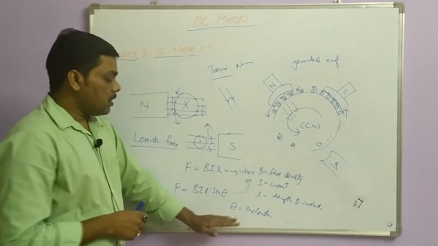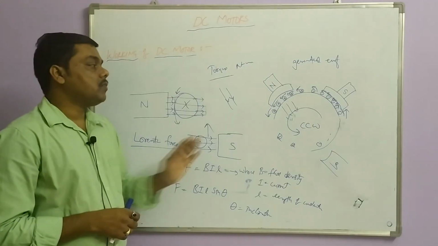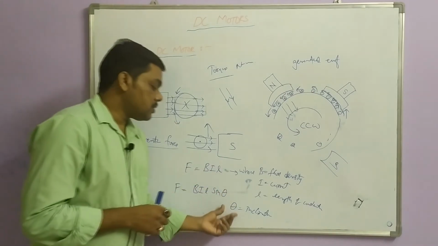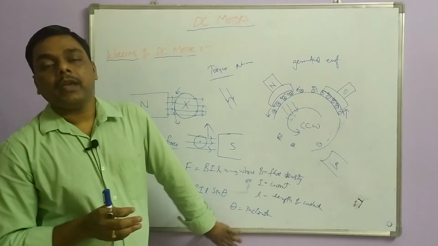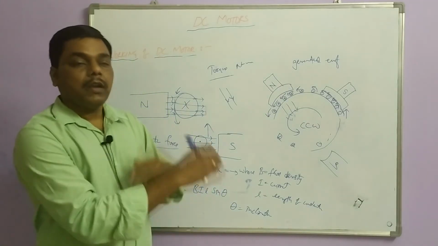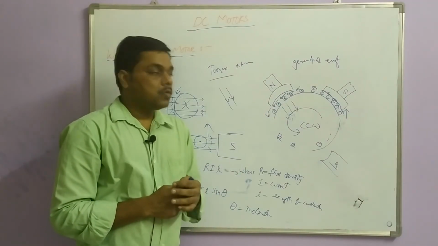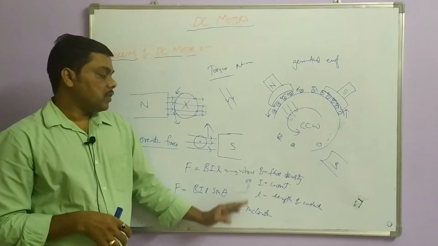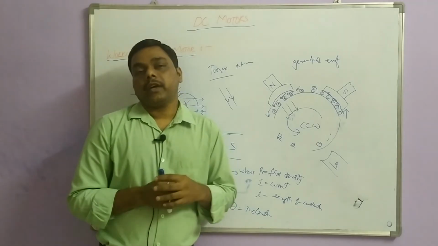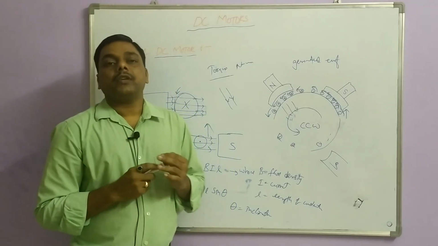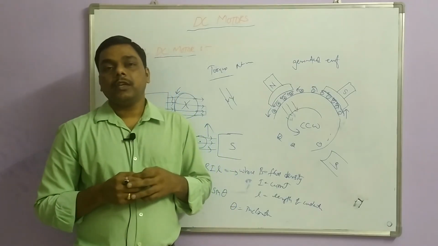If the conductor is inclined from the magnetic field, that means the main field flux, the angle is theta. As theta increases toward 90 degrees, the maximum force will be experienced by this conductor. The conductor rotates in the counterclockwise direction. So again, for DC motors, we have to discuss the torque parameters, voltage, current, and generated EMF equations. Then we will go on to the characteristics of DC motors.